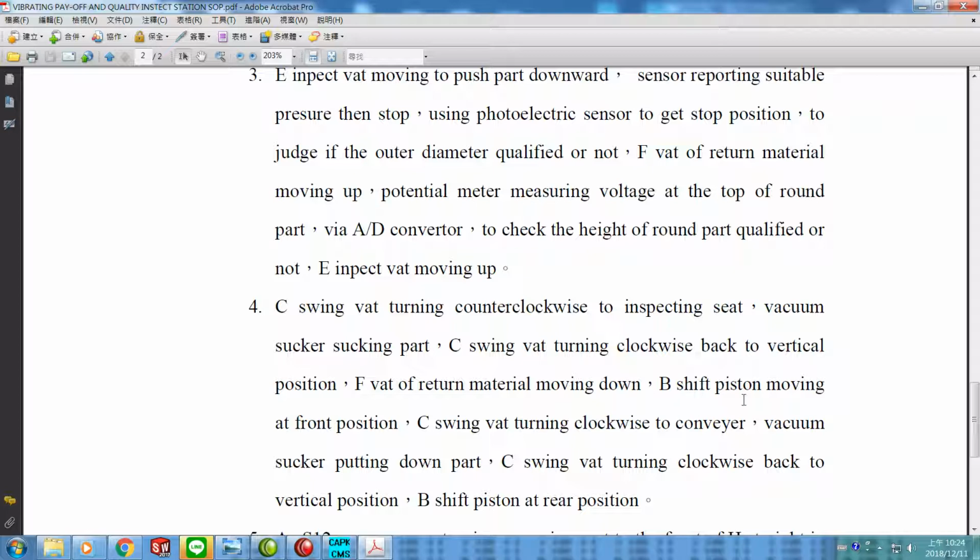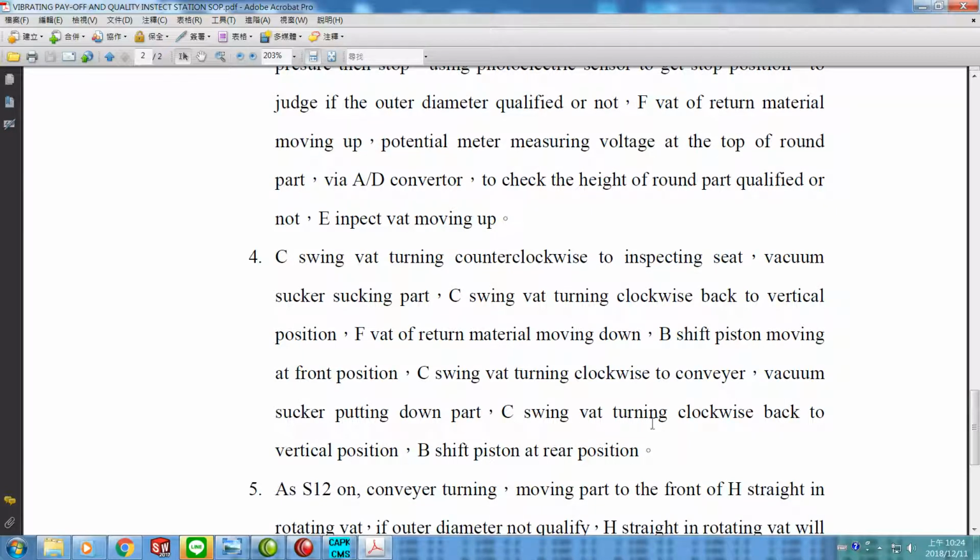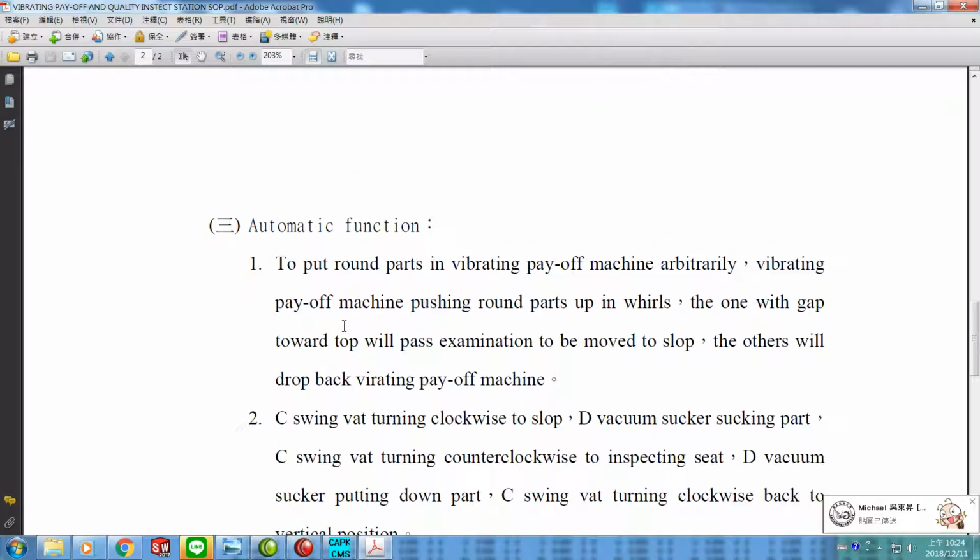B shift position moving to the front position. C swing valve turning clockwise to the conveyor. Vacuum sucker putting down part. C swing watt turning clockwise back to vertical position. B shift piston at the rear position. The step 4 saying